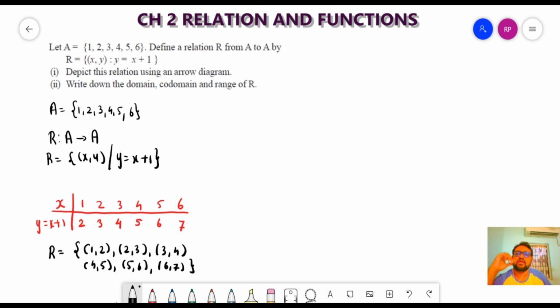So this will be the relation. The first question: depict this relation in an arrow diagram, right? So in the arrow diagram, what I will do,